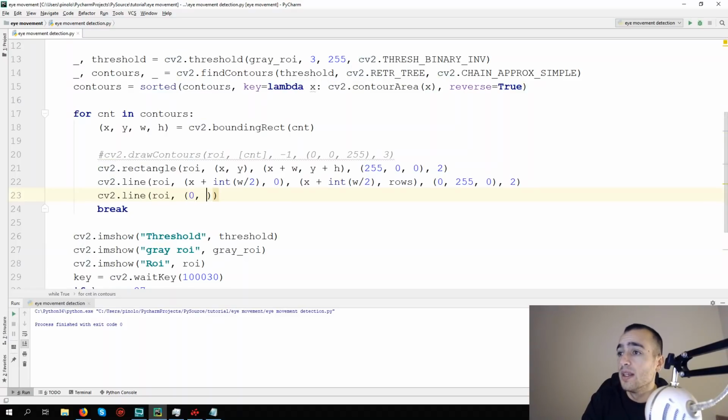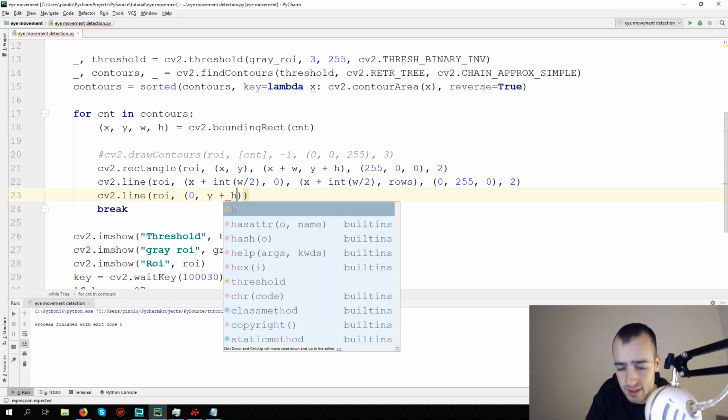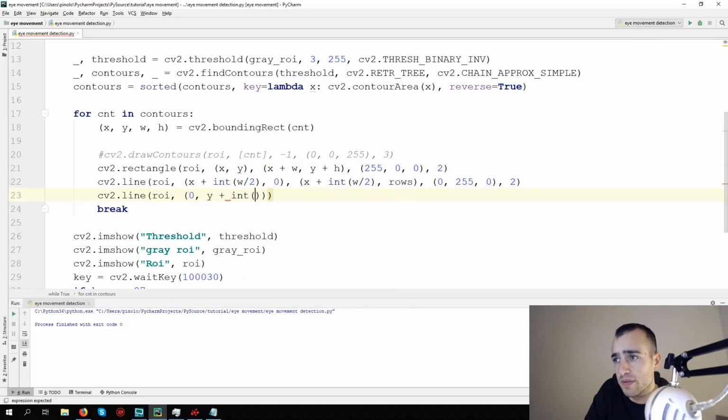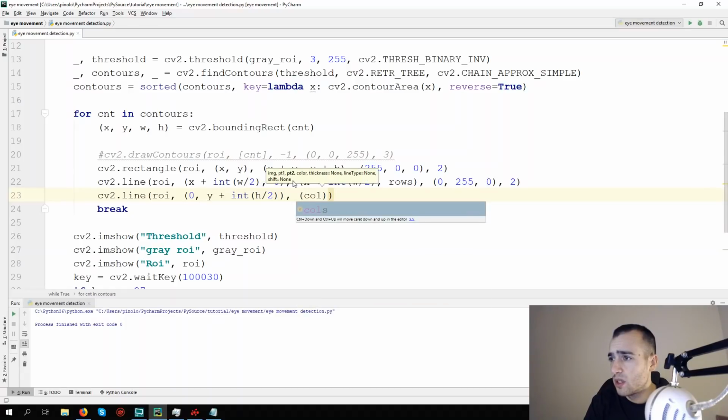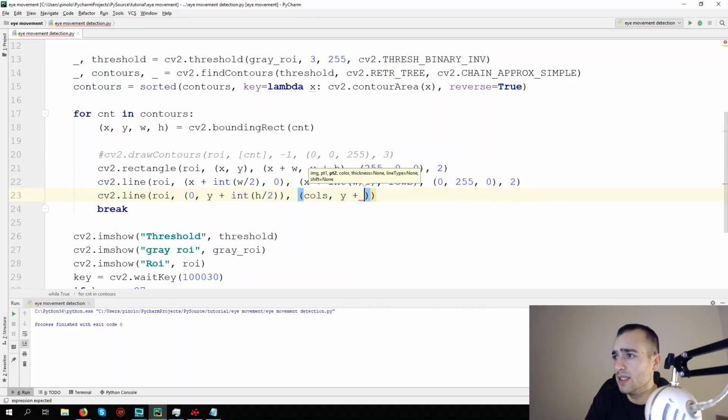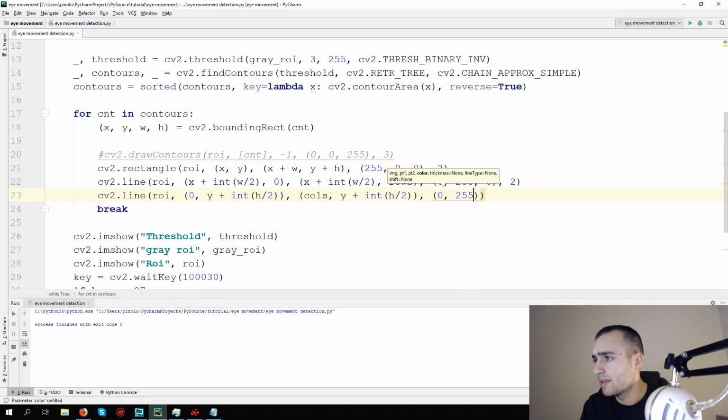So the x will be 0, and the y will be y plus height, but integer of height divided by 2, and the second point will be cols, the width, and y plus integer of height divided by 2, color green, 0, 255 and 0,